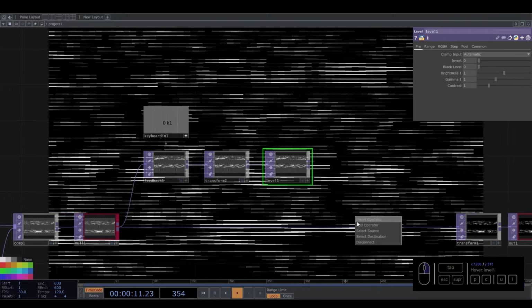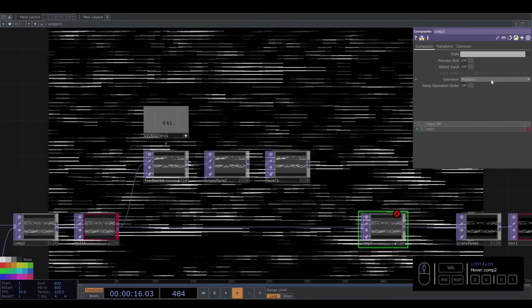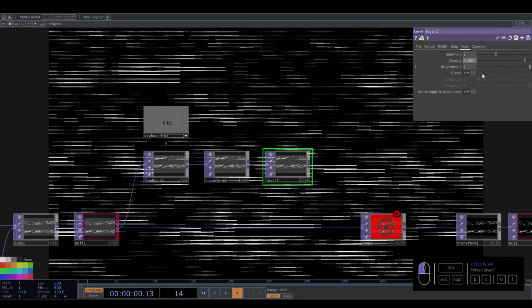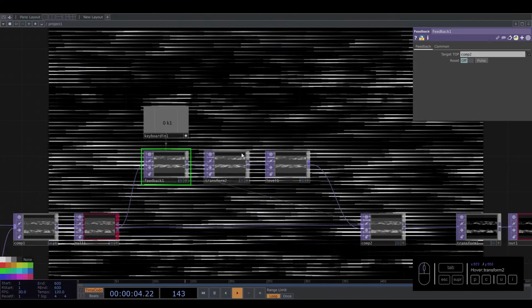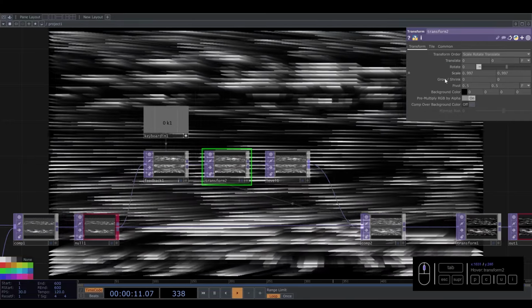Merge everything to a composite. The composite will be maximum. The level, we need to change the opacity. We connect here, and then the feedback. And we can change a little bit the scale. So yeah, we can work with the